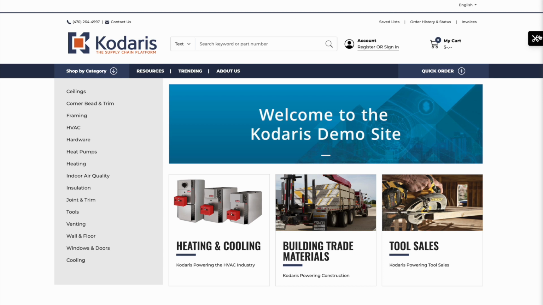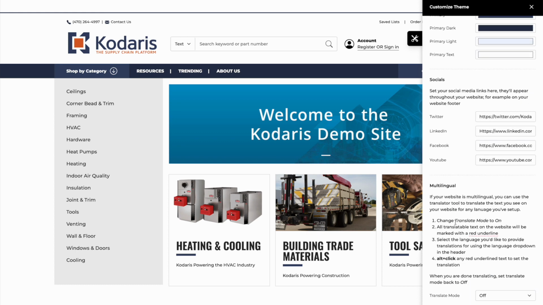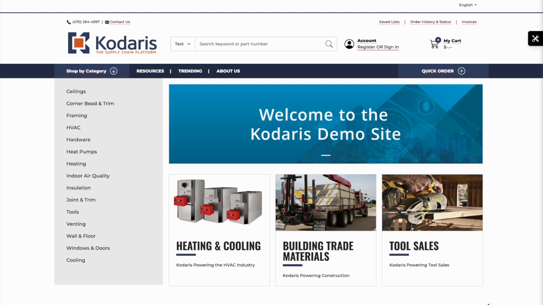But what you'll want to do next is select the tool icon, and it's going to open up a panel where you can adjust various information about your website. What we want to do is scroll all the way down to the bottom, and you'll see a multilingual section here. What you want to do next is turn translate mode to on, and that's going to put the website into translation mode,